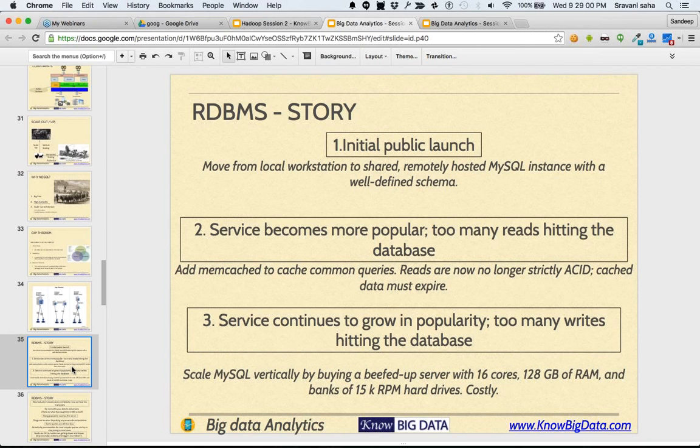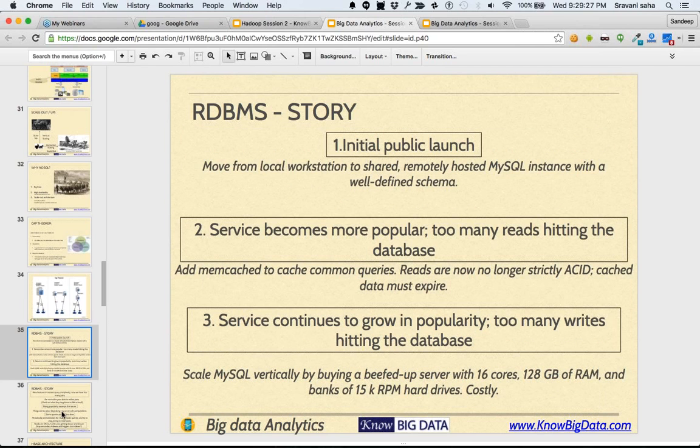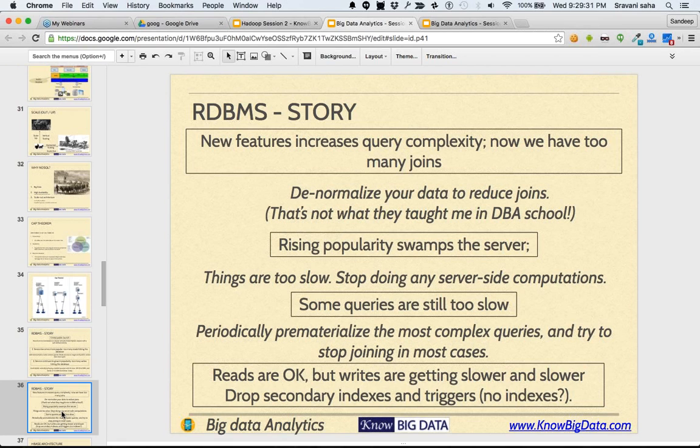Nowadays, the hard drives are really faster than this, so we can buy faster hard drives, as well as 200 gigabytes of RAM instead of 128, and put in more cores. Okay. Now, we just put lots and lots of money into the database, because we did not know a better solution. At this point you were pretty happy. You solved your problem, bingo. Now everything is just smooth. Let's just hire a couple of product managers and add more and more features.